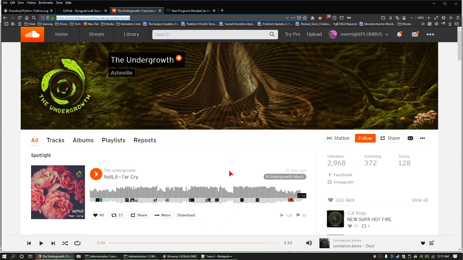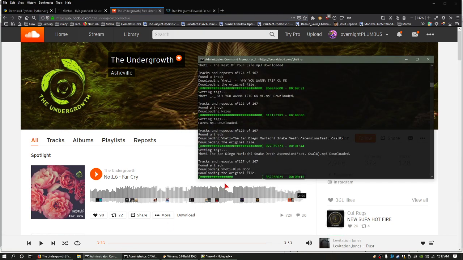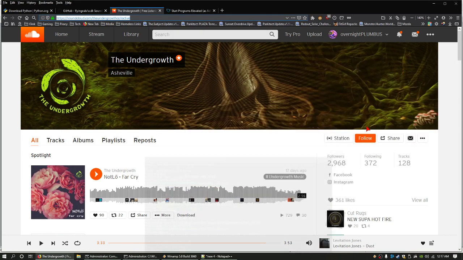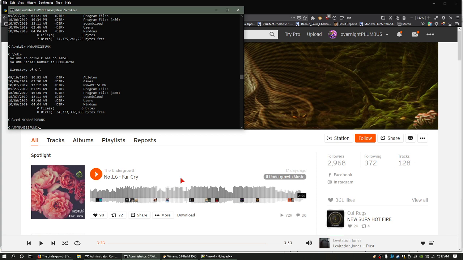Alright, so now I got that on my clipboard, and that's one I already have running. I'm going to do SCDL space dash L space. I'm going to paste in the link for the artist page. Then I'm going to do space dash A. Once I hit enter,